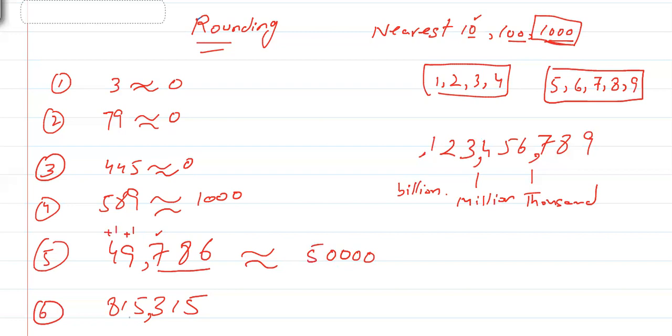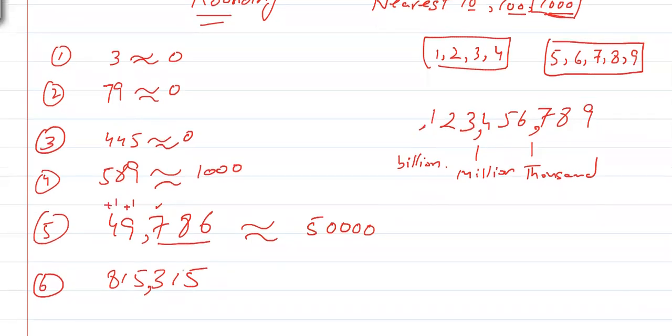In the same way, if you have to round this one to the nearest thousand, these ending three digits we will make zero. 1, 2, 3. These ending three digits we will make zero, and then look at the third digit. If it is three, no need to change anything in the next one. It will be just 815,000. We rounded it to the nearest thousand.